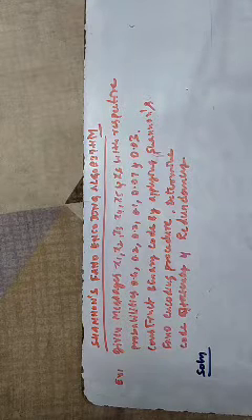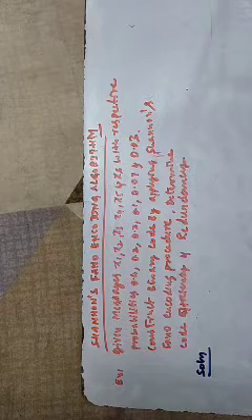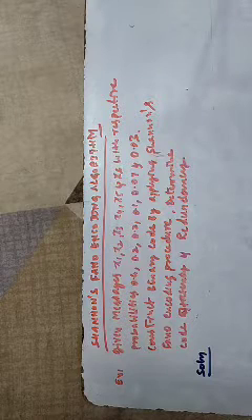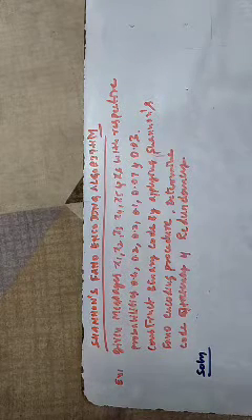Here, the question dictates that given messages x1, x2 up to x6 with respect to probabilities, we have the 6 symbols or messages with probabilities 0.4, 0.2, 0.2, 0.1, 0.07 and 0.03 respectively as shown here. We have to construct the binary code by applying the Shannon-Fano encoding procedure. Also, we have to determine the code efficiency and redundancy.